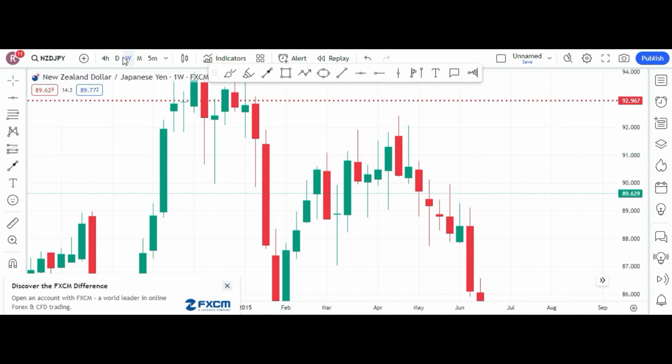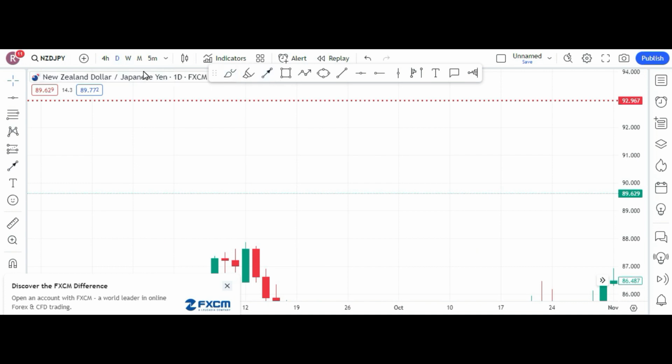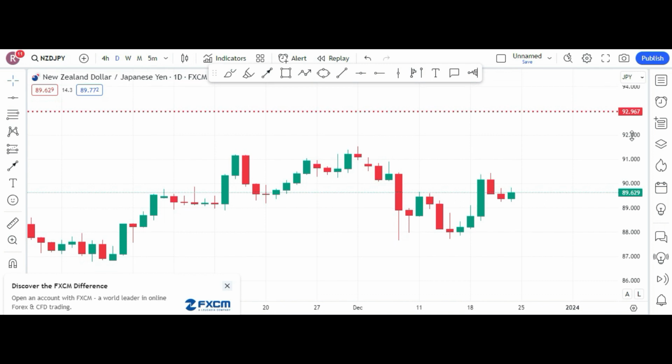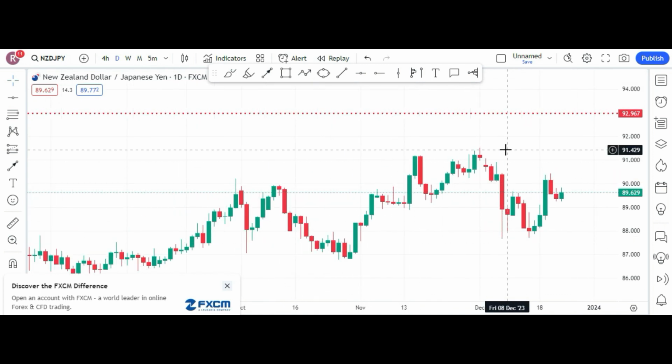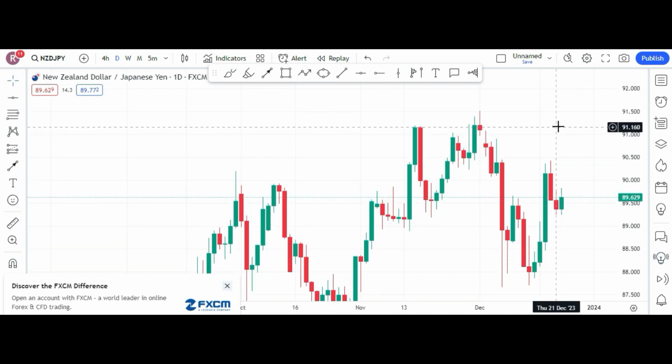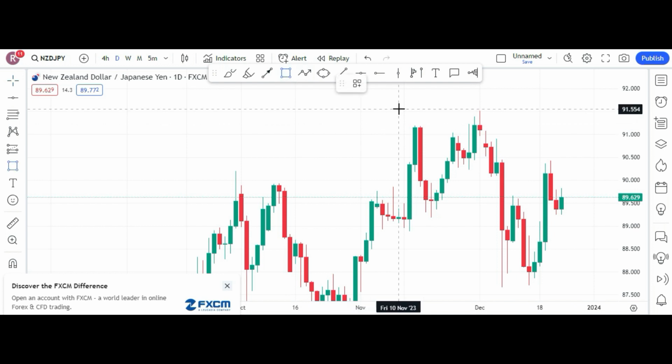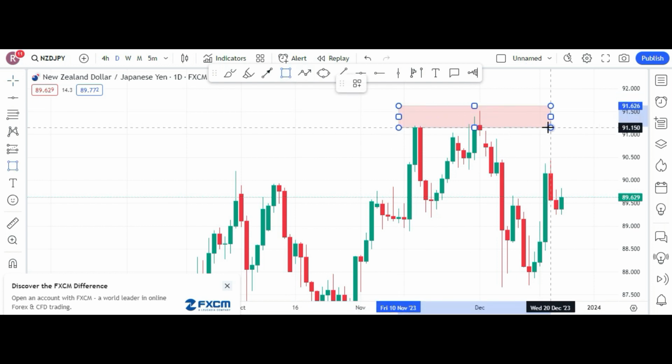Now let's get back to daily, so we can see what is going on in the daily time frame. We can see we have a double top here. Can you guys see? This is a double top. If we zoom in, you can see we have a double top here almost. Yes, so this daily double top,